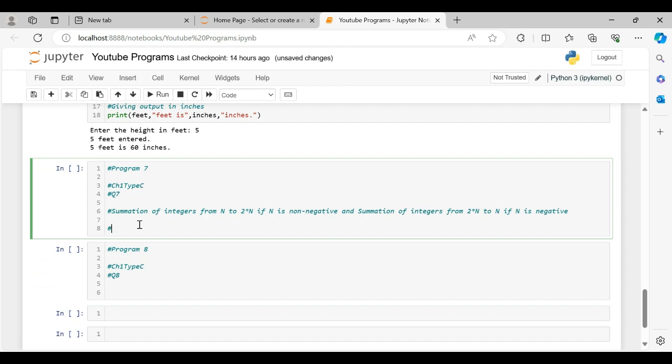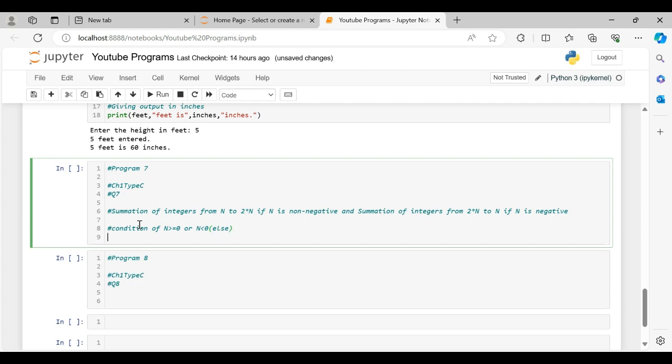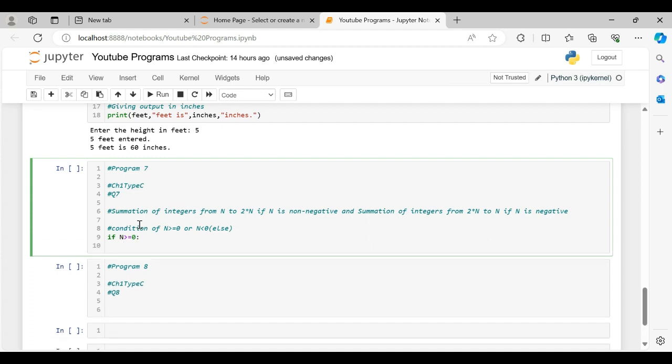So we start with a condition: n greater than or equal to 0, by the way, or n less than 0, or we can basically just say the else condition, right? So we start that. Well, if n is greater than or equal to 0, then we'll just write,